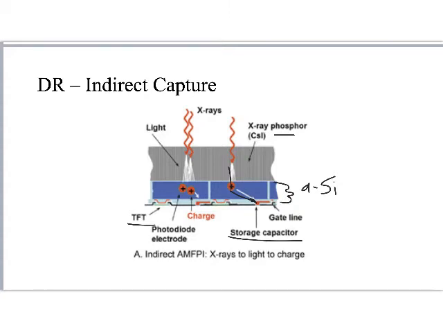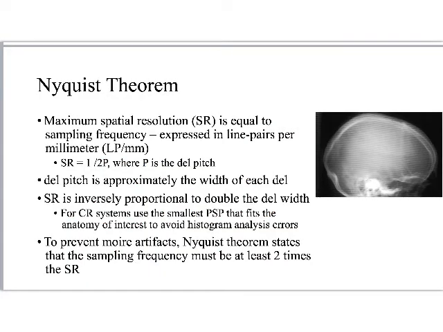So it's indirect in that it's X-rays to light to signal. Let's talk a little bit about the Nyquist theorem. This is not something to be scared of, but it is helpful in thinking about spatial resolution to think about, okay, now that we've sampled this and we've quantized it, what are some of the weird things that can happen